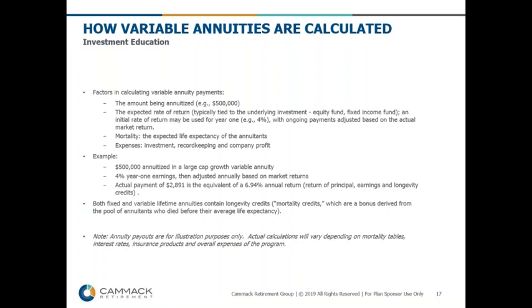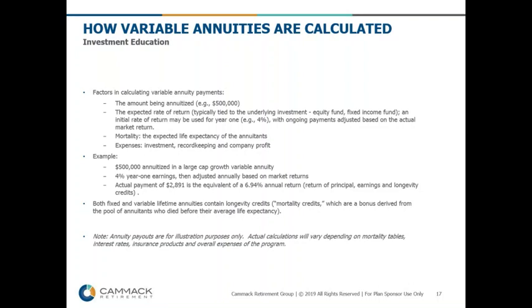Now, some annuities may assume a set rate of return in year one, and then typically there's an anniversary date for that company where they adjust all annuities based on the prior year's performance. So that variable annuity payment is going to go up or down with the market and the underlying investment. The mortality of the participant, and then the expenses: